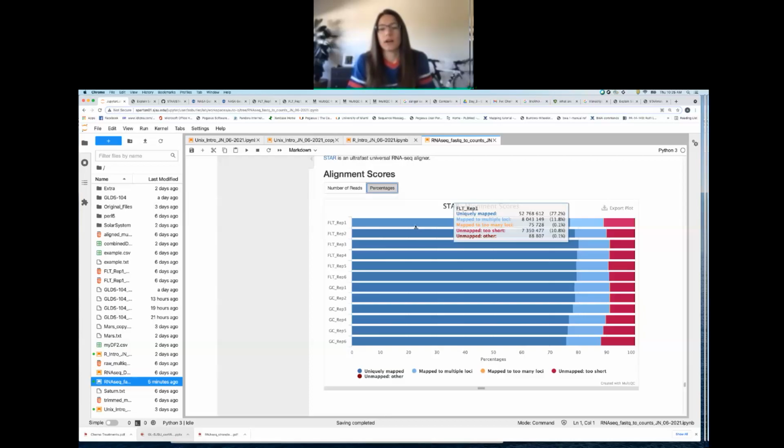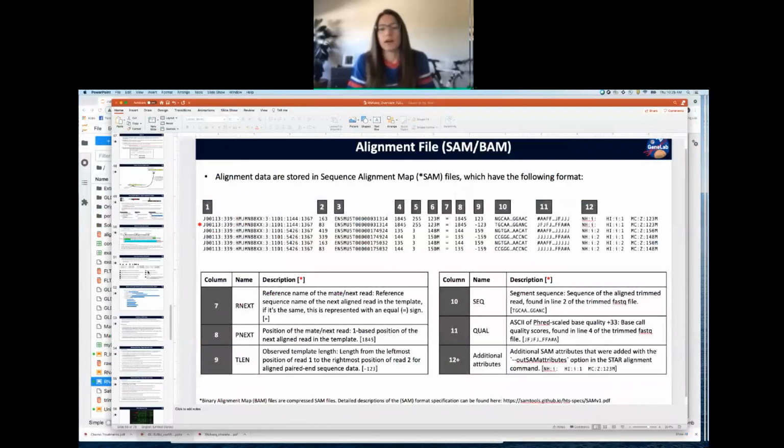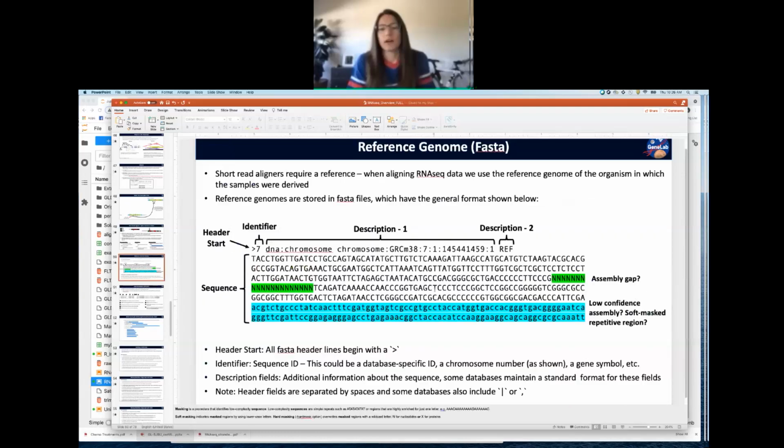So a mouse genome is well annotated. There are some genomes that have, if you guys remember me going over those FASTA files and looking at the... Here we go. Okay, so this is looking at the FASTA file of a genome build. And so this genome build, if there's like a gap in the assembly, so if we don't know or aren't sure of what the bases are in a certain location, they'll have Ns. If we're not confident, sometimes they're represented by lower cases, but that can also be just repetitive regions that are kind of masked. And so some genomes are not well annotated, meaning,